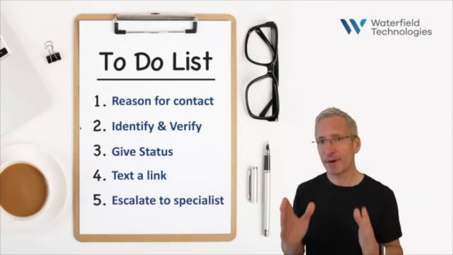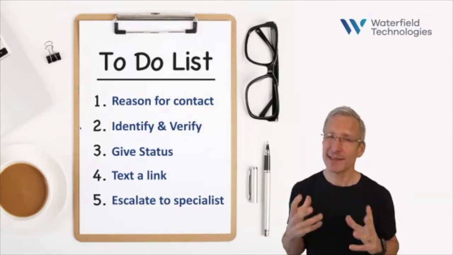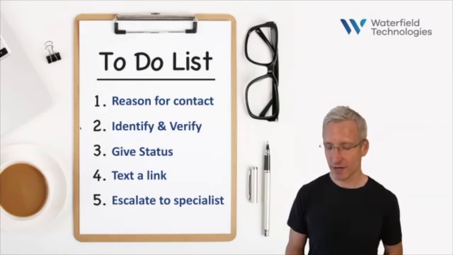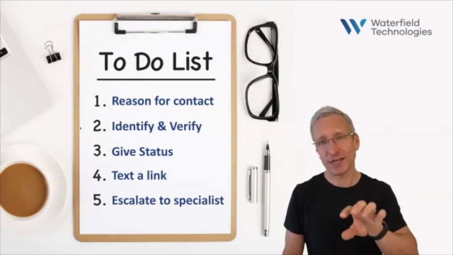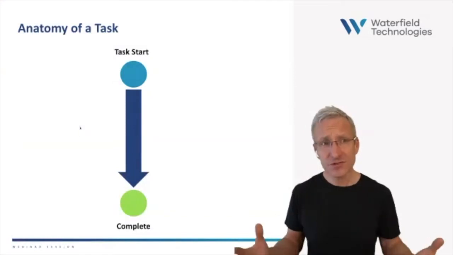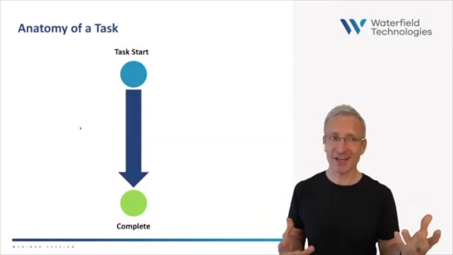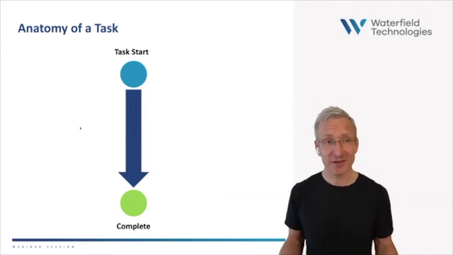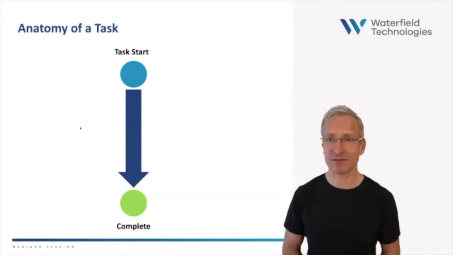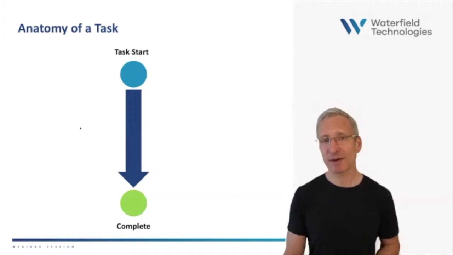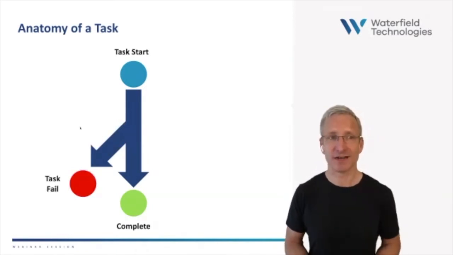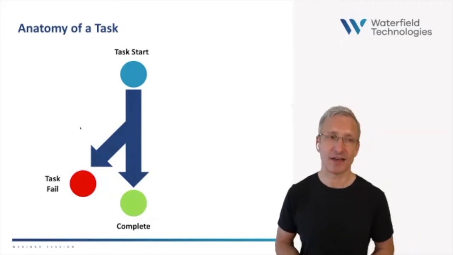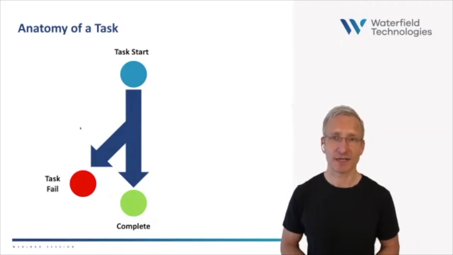So the bot's got a bunch of tasks it needs to do. And I think this is where we need to start with really understanding performance. So let's dive now into what happens within each task. And it's really simple. We start a task and hopefully we complete it. Great news, we've delivered some benefit. But it doesn't always come out this way. Sometimes something goes wrong and we're unable to complete the task. And so we failed at helping the customer with that task.